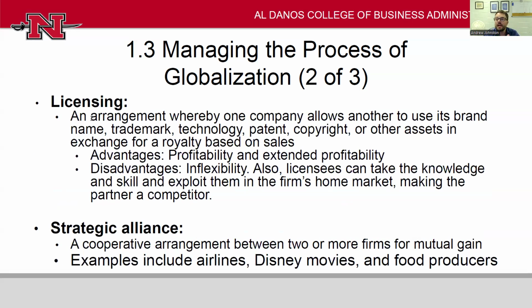Moving up the commitment ladder here. So the easiest form of internationalization is just exporting. We're just going to take what we're selling here and just send it overseas. Slightly higher level of commitment is when you get into licensing. Now maybe we're going to have a company overseas that we allow to use our name, our brand, and they just pay us a royalty to use it, and they sell it. They sell our product, our brand over there. One of the advantages is it's very easy.